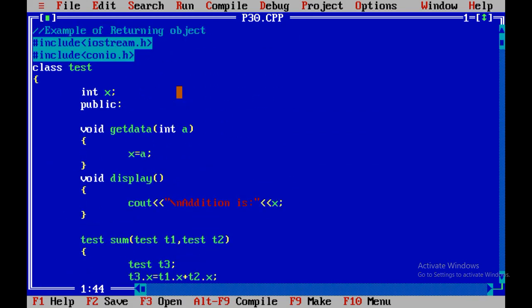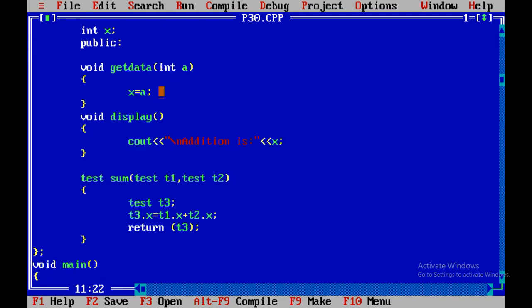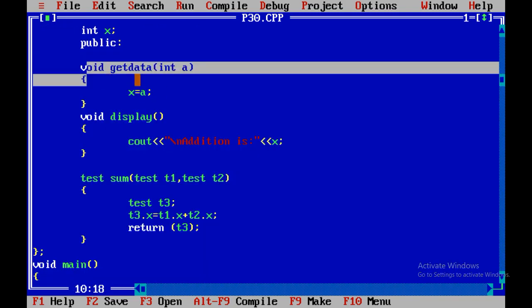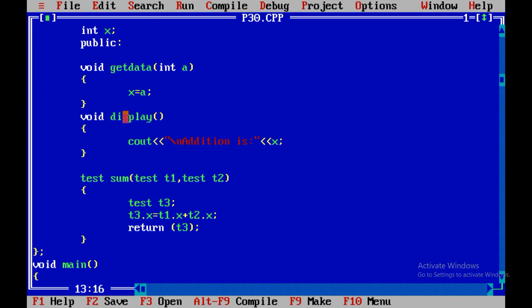Now let me explain the code. What is the concept? Returning object is our concept. Test class contains one private variable called x, that is the local variable for class test. Now inside test class I have declared three public methods. First public method is called getData, second is called display, and third is called sum.